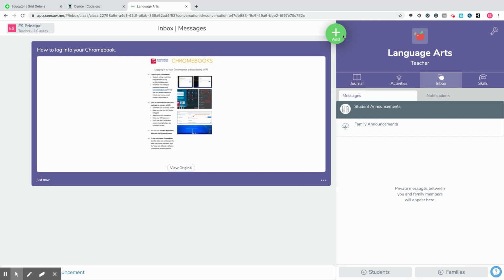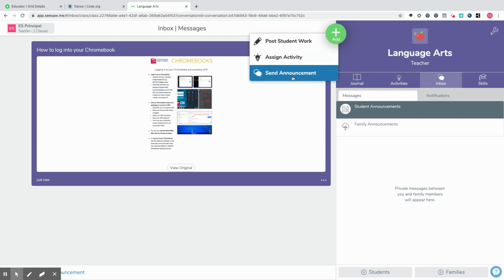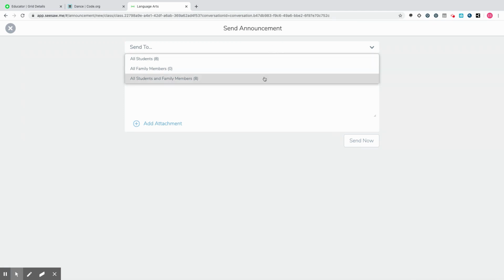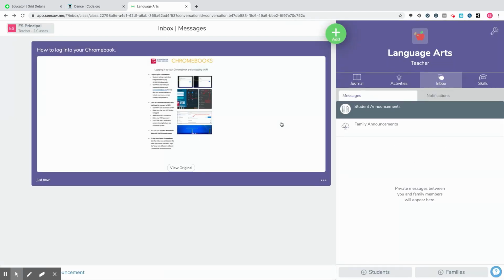Again, it's up here at the green plus. Choose this. You would send an announcement. And then you have the option to send it to your students, your connected families, or you would send it to both. At this point, I would send it to both because you either have students and family members connected. That is the overall work of